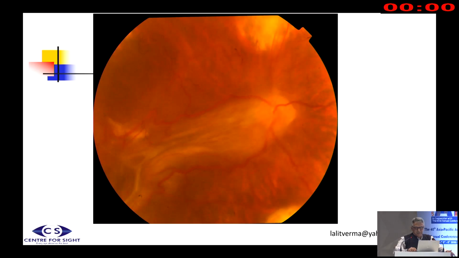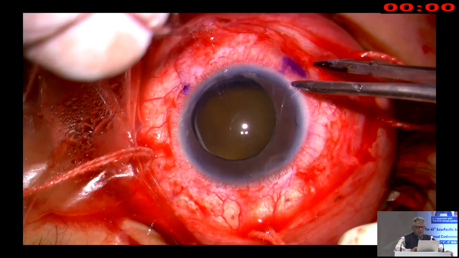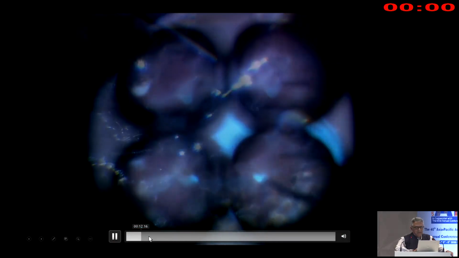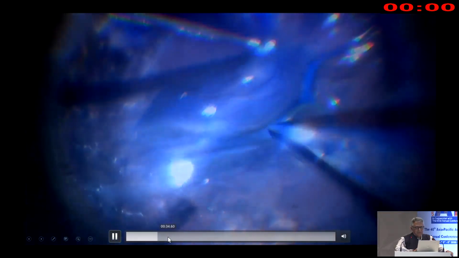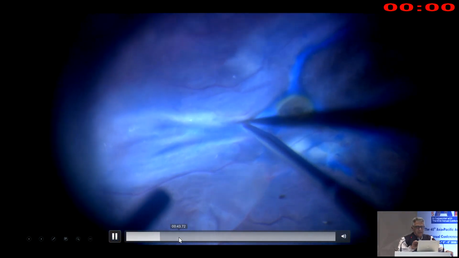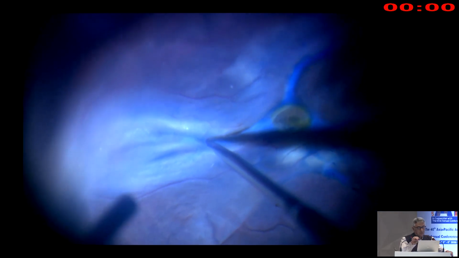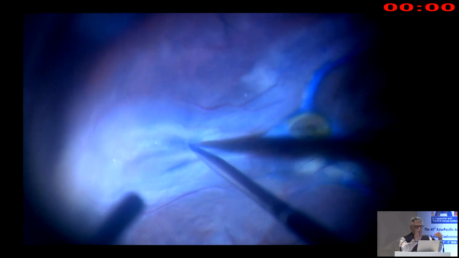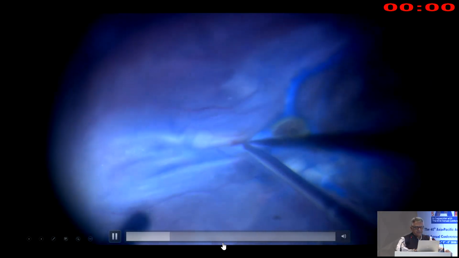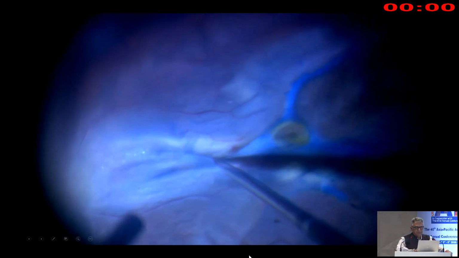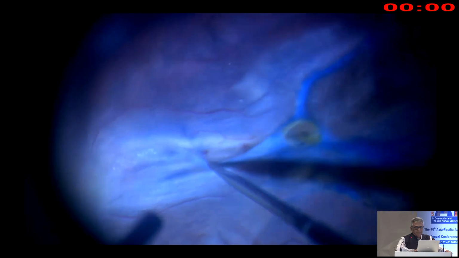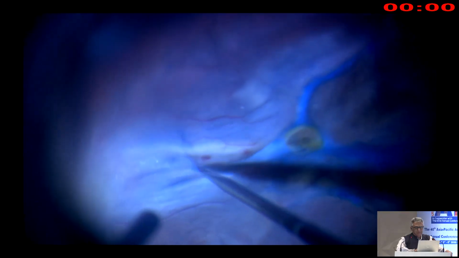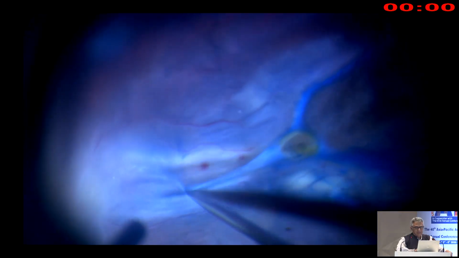So this was a recurrent ERM, and this patient, a young boy, was actually traumatic. So same steps, but the only thing is again a sharp MVR blade to go just over the macula, because this is actually folded upon itself. Be very careful. Make a longitudinal dissection plane,